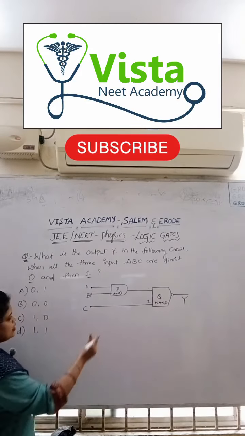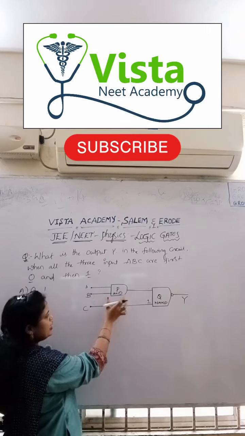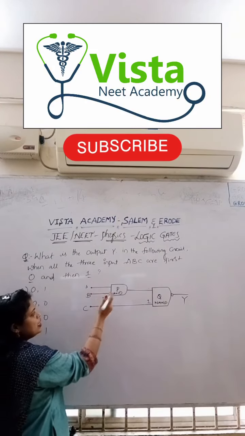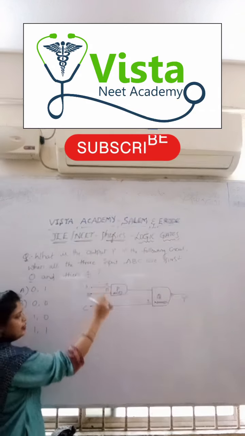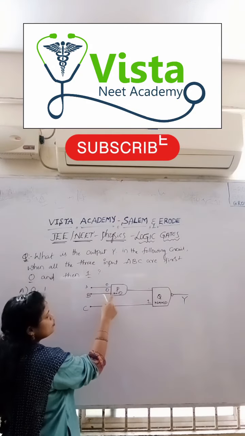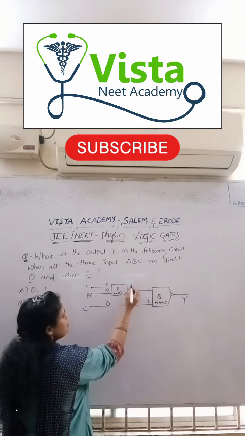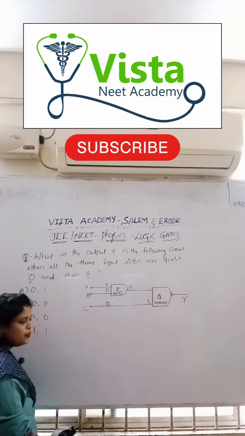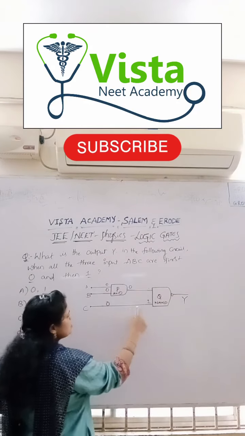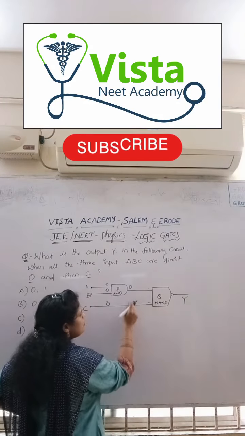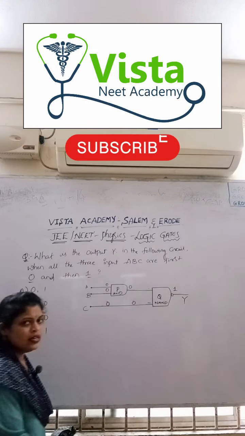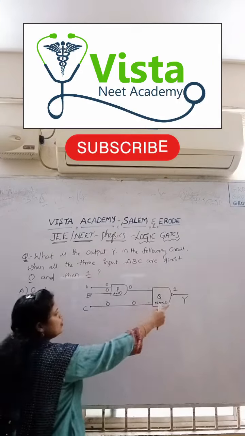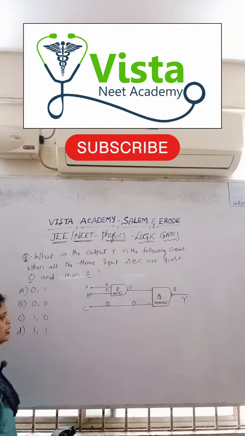So let us see. The circuit is given with one AND gate with two inputs A and B. Let us keep all the three inputs equal to 0. First solve this AND network. 0 and 0. If two inputs are equal to 0, for an AND gate the output will be equal to 0. And next, the third input is 0, so the inputs are 0 and 0, then for the NAND gate the output will be equal to 1. If both are equal to 0, then the answer will be equal to 1 for the NAND gate.